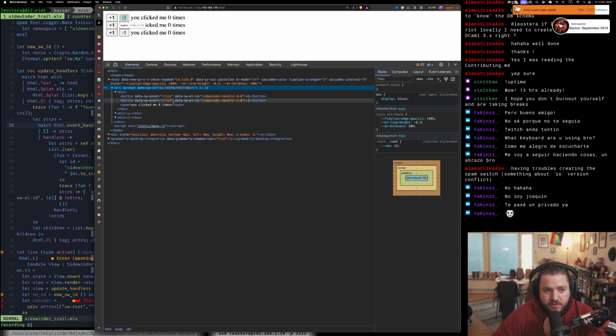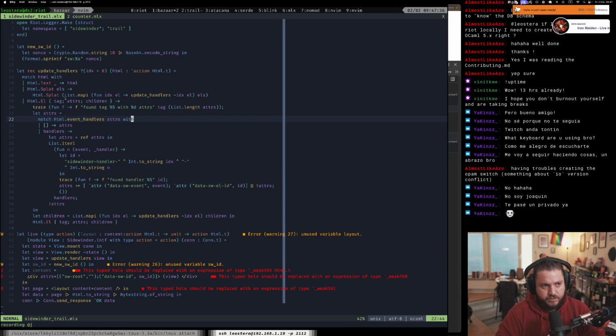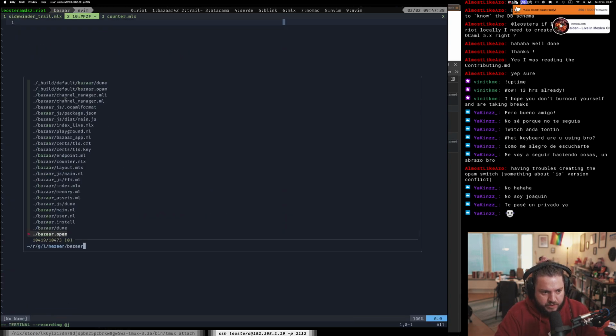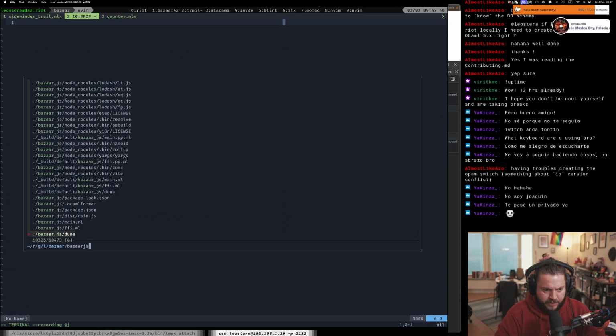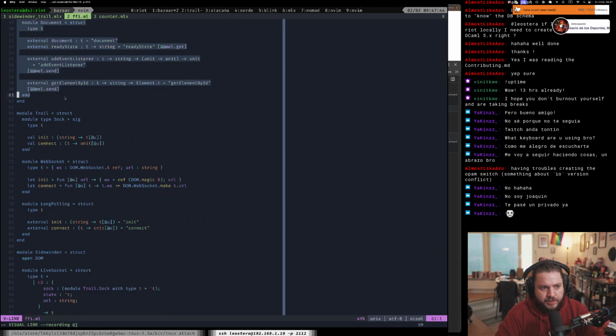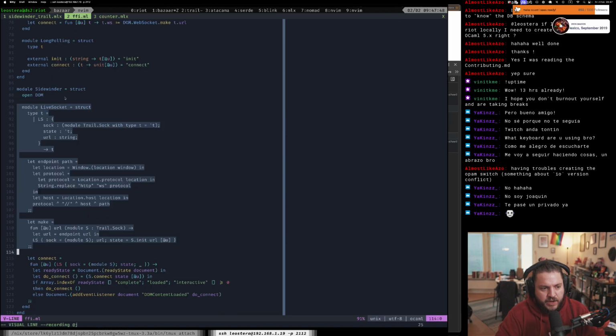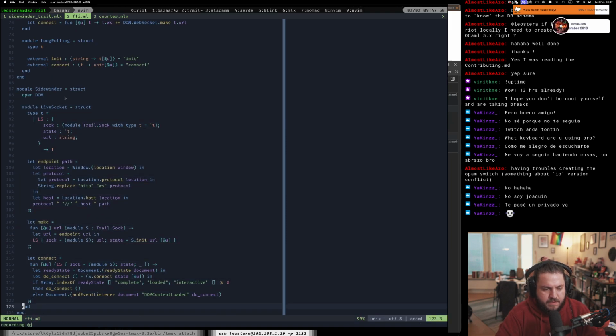And if it has an event, then we can bind that event to something, to a handler, and do things with that. So let's see how that goes, because we do have a little bit of JavaScript written through OCaml as well, right? So in our FFI here, we have a DOM module with a bunch of typings and crap like that. And we have Sidewinder here with a live socket. And we want to essentially, right,